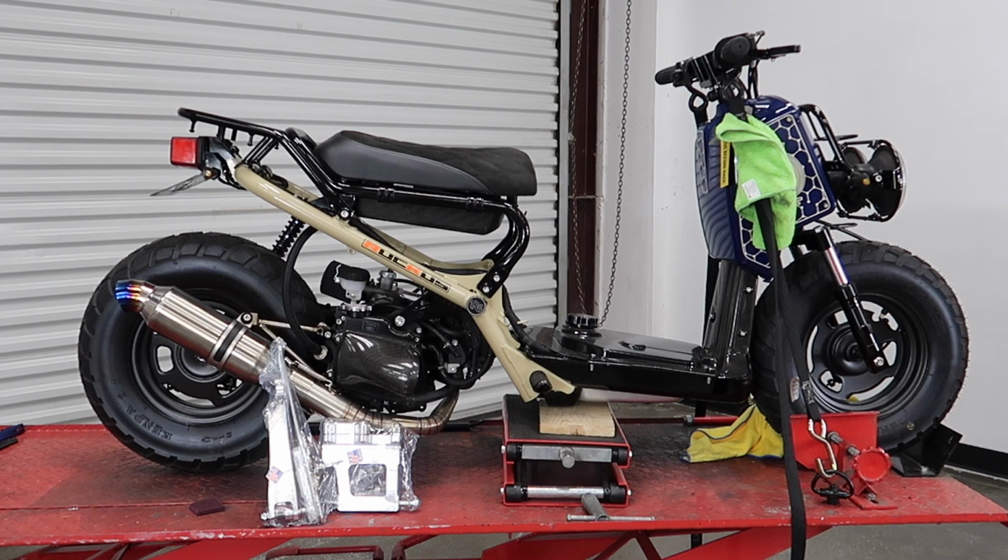In today's video we're going to be installing the TRS GY6 Skinny Mount on this 49cc Ruckus. The Ruckus we have in front of us is a modified Honda Ruckus. We are going to be removing the 49cc platform, putting in the GY6 Skinny Mount, and going over the installation